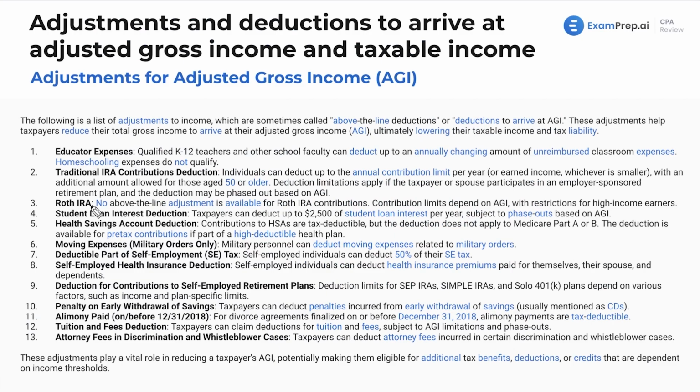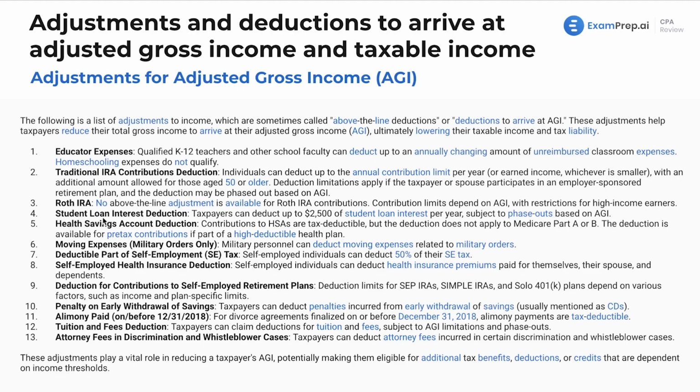Now, next up, we got a Roth IRA. You might be wondering why we have this here if there's no above-the-line adjustment available for Roth IRA contributions. Well, first off, you just should know about these. The difference between Roth and traditional IRAs are discussed throughout many lessons. With a Roth IRA, you pay tax on the money now, you put it in your retirement account, and then once you get the money out of there, you don't pay any tax on it. Whereas traditional is basically like your 401k, where you don't pay tax on it today. It's a deduction, and you do pay tax on that money once you get it out, once you retire. So here, just mentioning the Roth IRA, make sure you're familiar with those amounts.